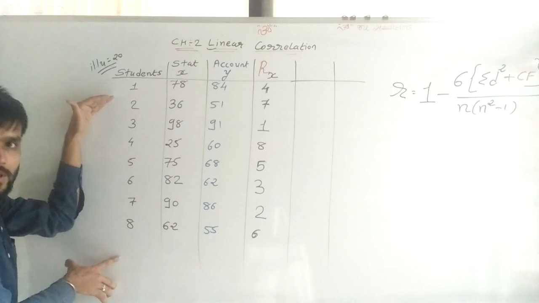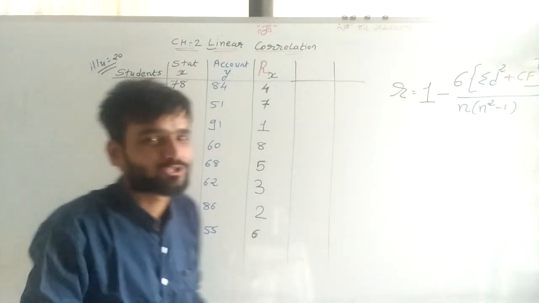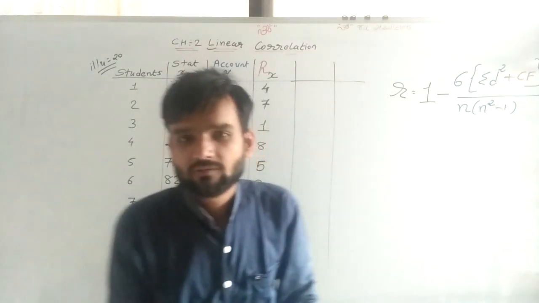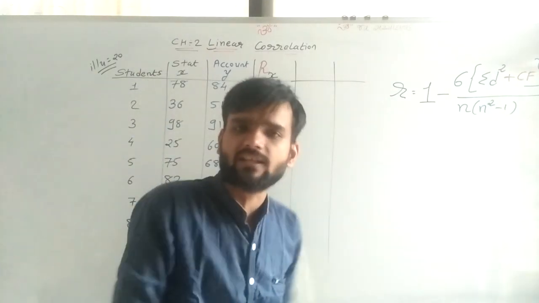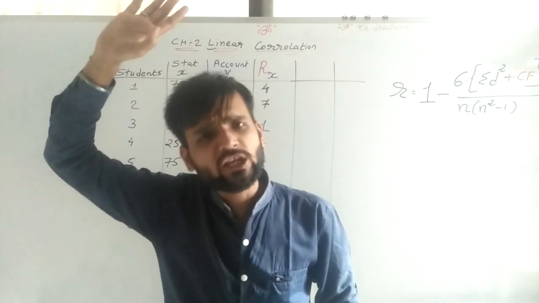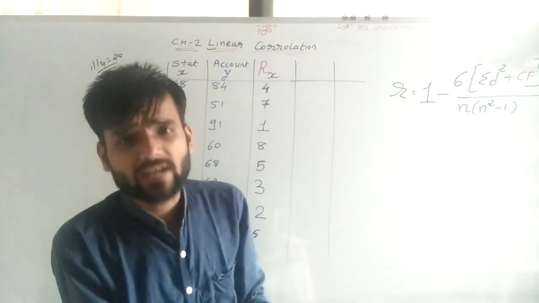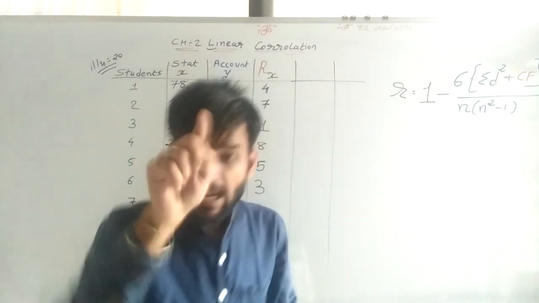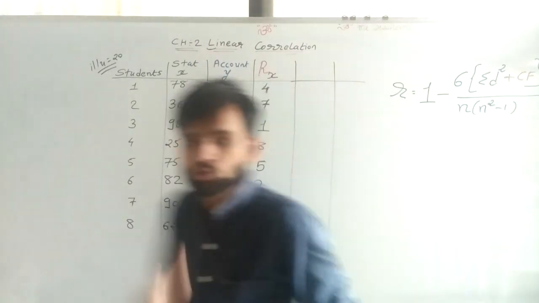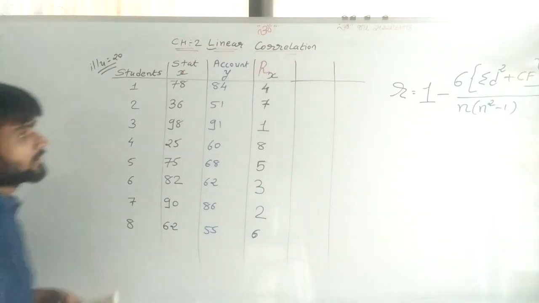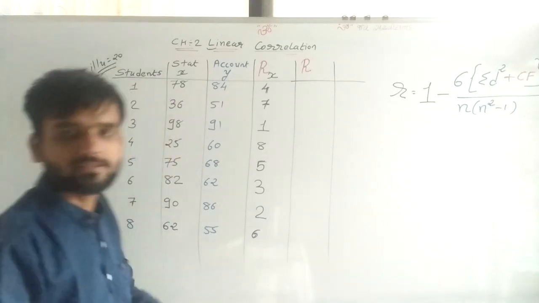The students are the same, but in accountancy, who is getting first marks? In your class also, many students are there, and some student is brilliant in accountancy, some student brilliant in statistics, some students are very clever in English also. So different students are clever in different subjects. That is possible, and that's why here for accountancy, who is getting first rank? So again check it. We are giving rank to students on the basis of accountancy marks.